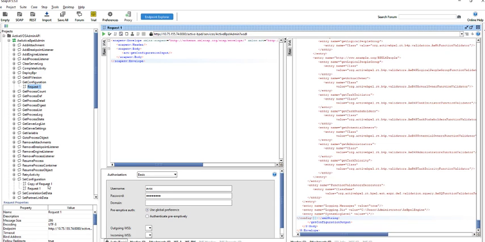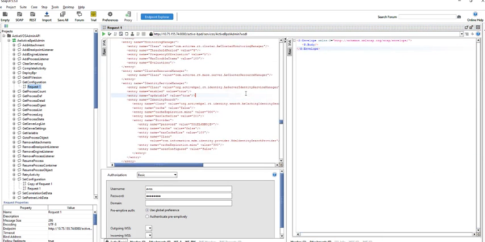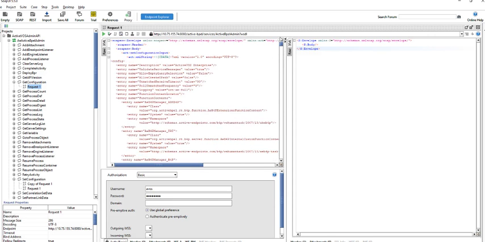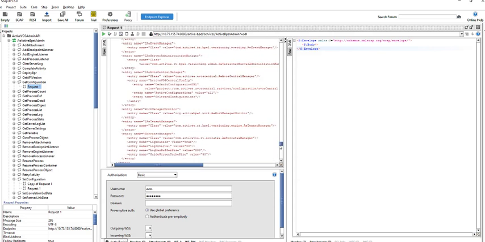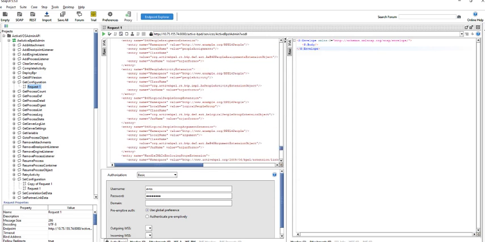Once this is done, you have to pass the same thing to set configuration. Here, I have copy pasted the get configuration output to set configuration. You have to copy in this XML string part whatever we have copied from the get configuration. One of the changes which I am going to make is